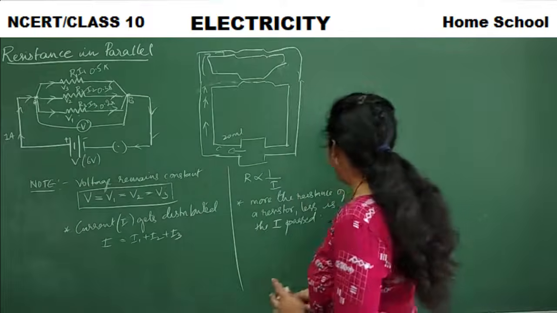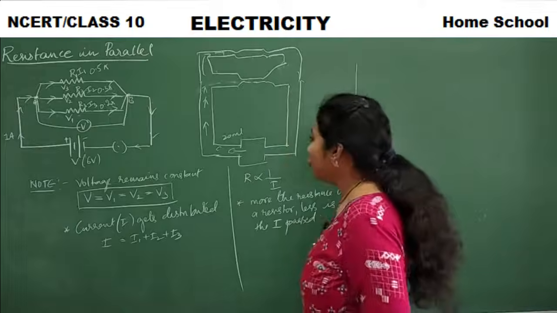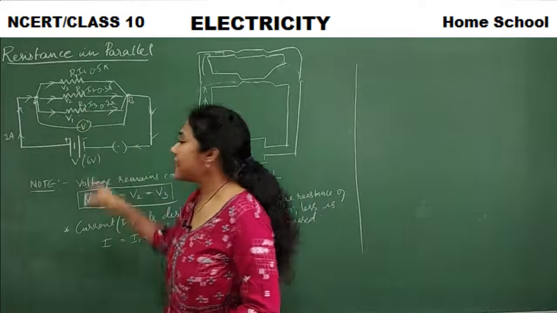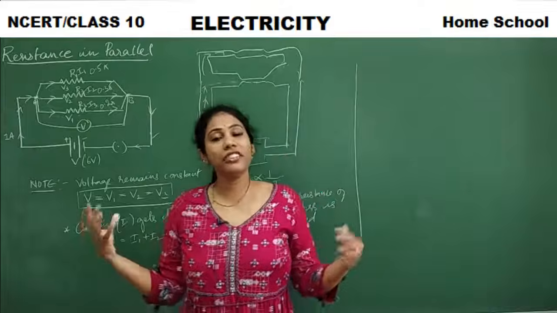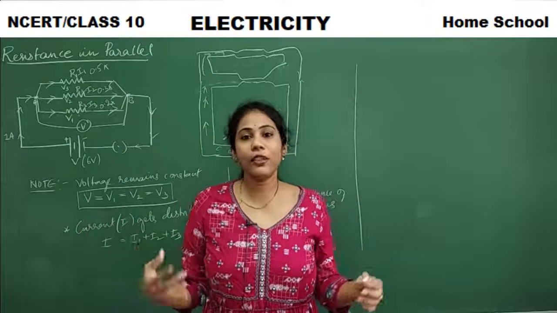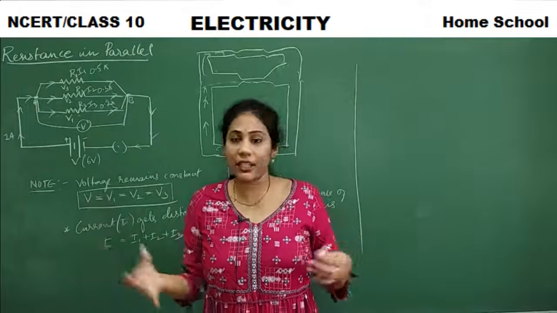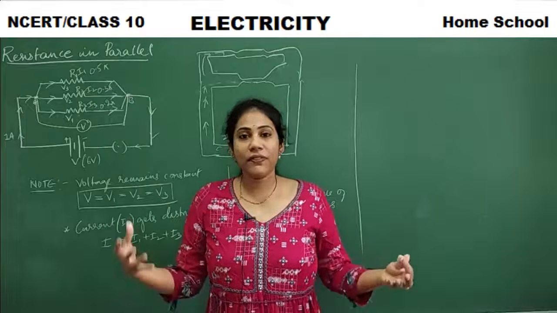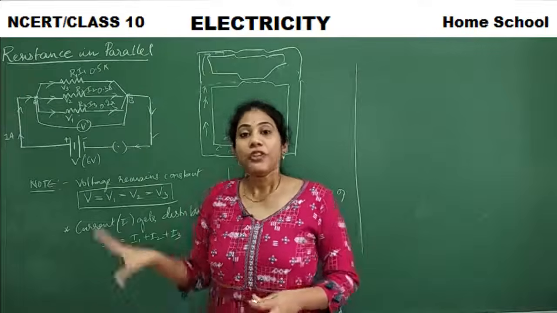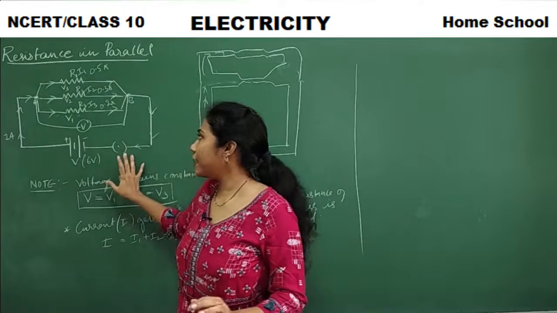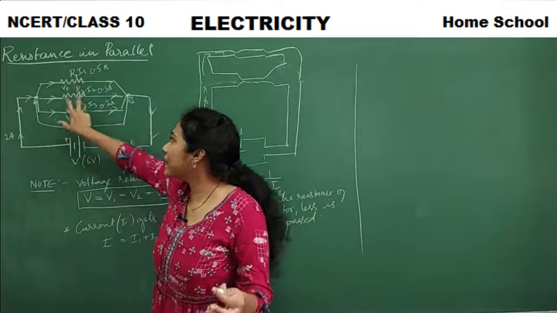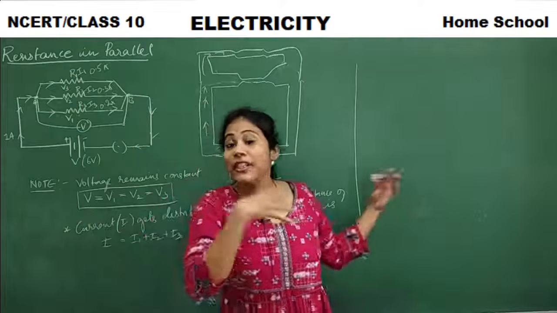Fine. And now if I have to tell you the total resistance of a circuit, in case of series, what you have done, you have just added, right? Rs is equal to R1 plus R2 plus R3. Very simple derivation we have done and we got that relation. So here also, to calculate the total resistance of a circuit, you are not simply adding R1 plus R2 plus R3. We should derive it.